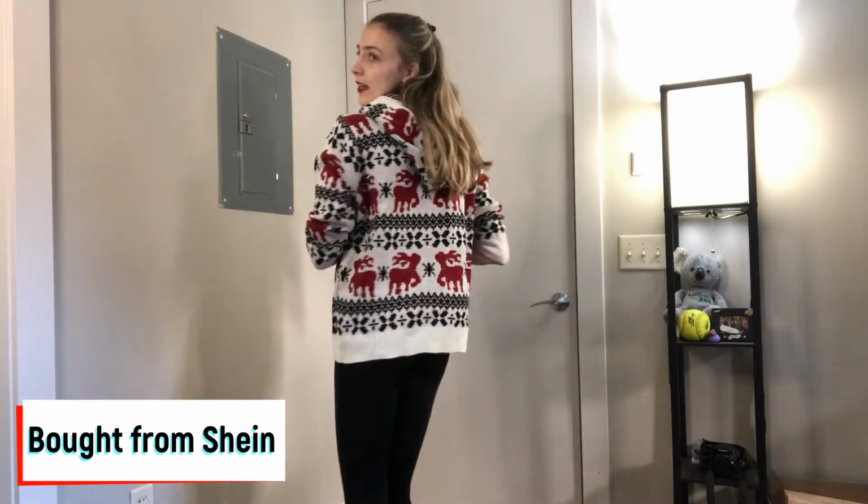So this is my nice sweater. It's actually a new one that I got from Shein. I really like it. I like the color of it. I didn't really have a primarily white Christmas sweater. I have a lot of red, so I like the fact that this is something a little bit different that